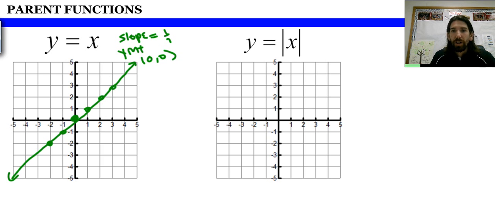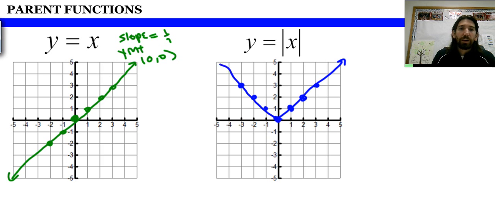Now let's look at the parent function of an absolute value graph. To do that, we're going to start with a table. I'm going to plug in x's, and then we're going to find y values. So first we'll start with 0. If I plug in 0, the absolute value of 0 is 0. If I plug in 1, the absolute value of 1 is just 1. If I plug in 2, the absolute value is 2. Plug in 3, 3. Remember, absolute value just makes the number positive. Well, if I plug in a negative 1, the absolute value of negative 1 is a positive 1. The absolute value of a negative 2 is a positive 2. The absolute value of a negative 3 is a positive 3, and so on. So you can see that it's going to continue in this pattern